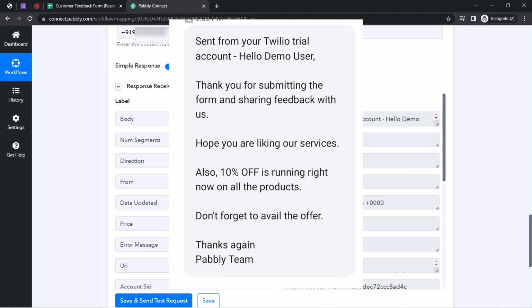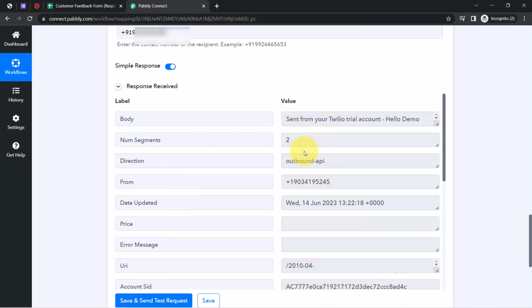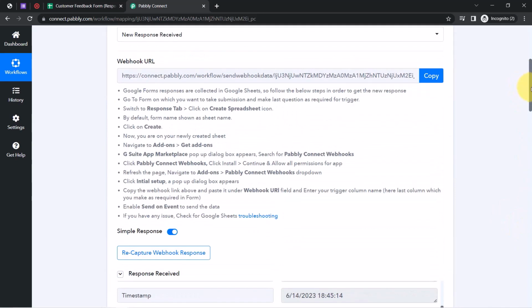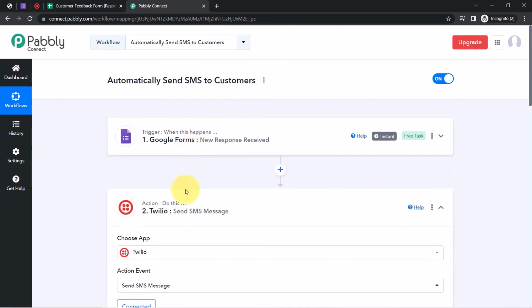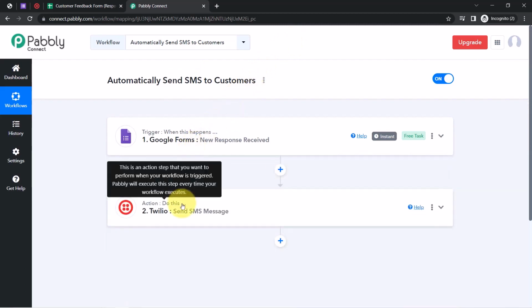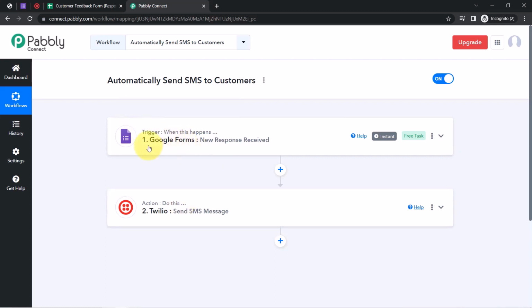thank you SMS to your customers, and not just the thank you SMS. You can also send the welcome SMS to your customers. You can also send offer related SMS to your customers. Okay, and to automate this SMS sending process, you need to create this automation inside Pabbly Connect just once. After that you can sit back and relax, because Pabbly Connect will take care of all the tasks in the backend. You do not have to do anything manually, and it is not compulsory that you will have to follow